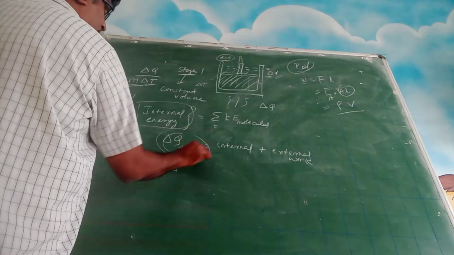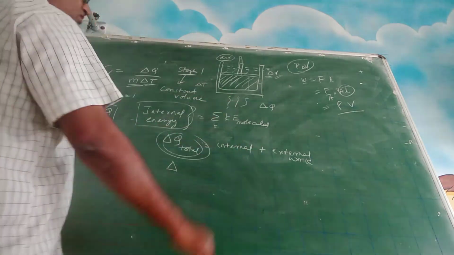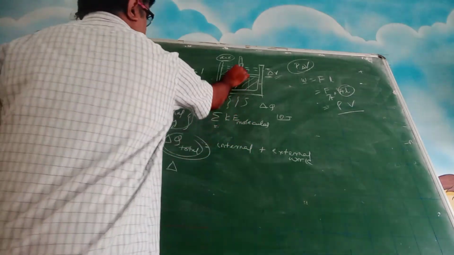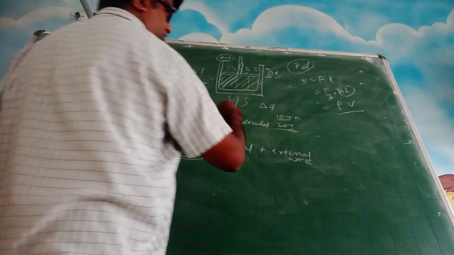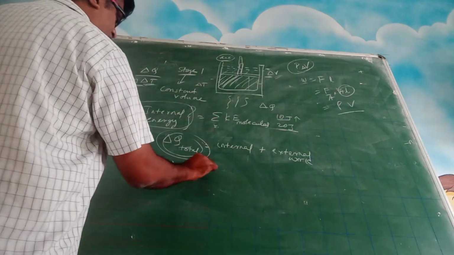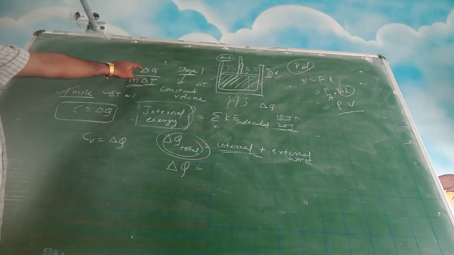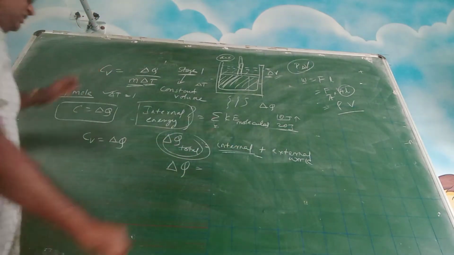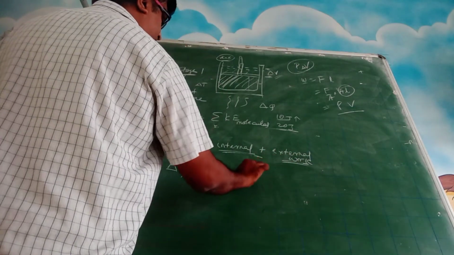So now this delta Q is different from the heat you gave initially. Initially you gave some 10 joules. Alright, for 10 joules of heat, this much work is done. Then you kept on increasing, then you went to 20 joules. So this 20 joules is this. Right, so I am writing this as delta Q is equal to internal work done, basically we are talking in terms of an energy expression here. So delta Q is Cv only, plus what is the external work done? It is P into delta V.